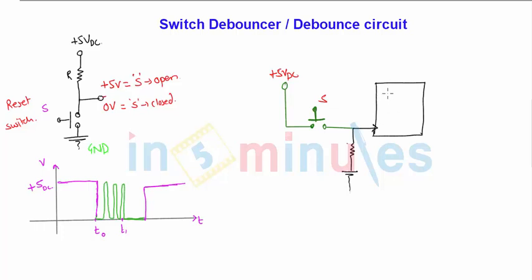What we can see here is a logic circuit. Current limiting resistor R is there, which is continuously grounding this pin, and whenever we want to give it a logic 1 level, we have to press this switch. So let us see what happens here. I will be requiring to draw a timing diagram. So in this timing diagram, this is time, voltage. Continuously the voltage appearing at this pin is 0. At time t0, when I apply a pulse, it will shift to plus 5 volts. But due to bouncing, again it will make many transitions between 0 and plus 5 volts.